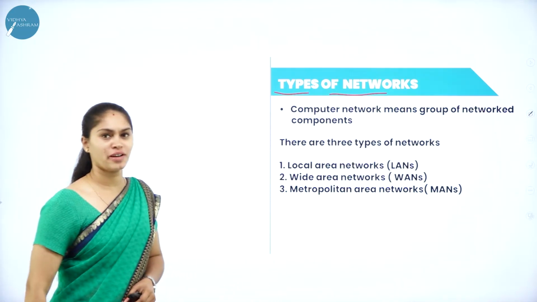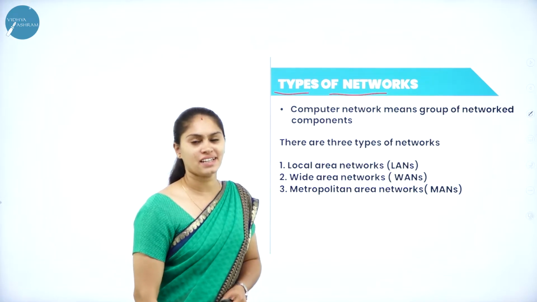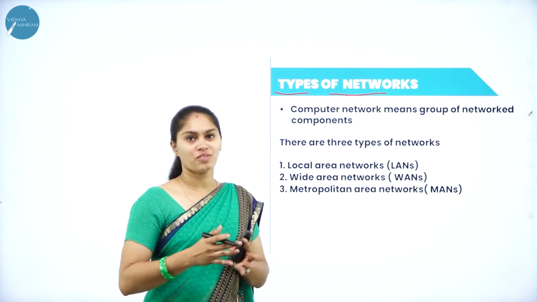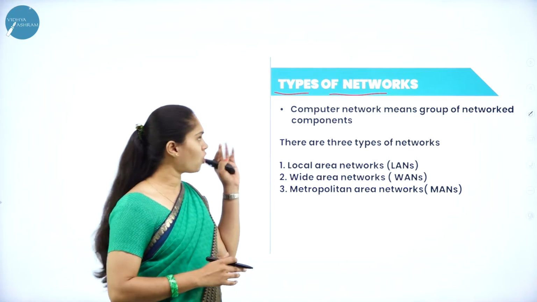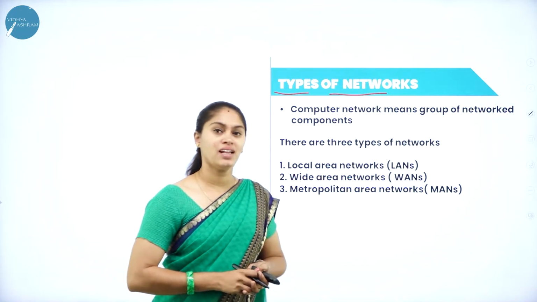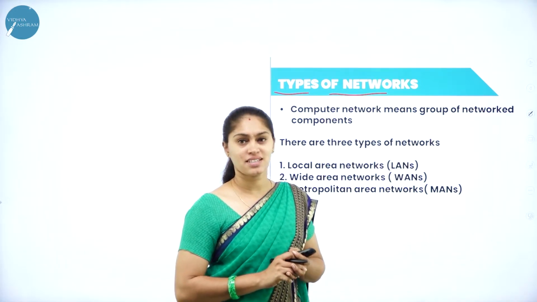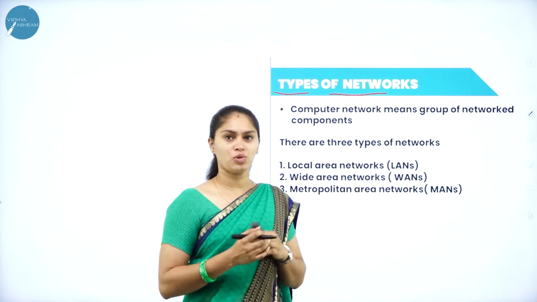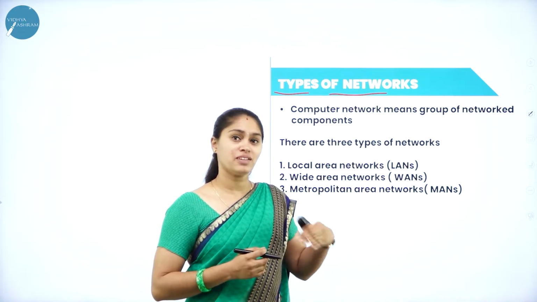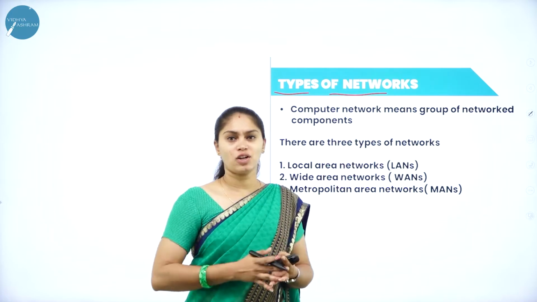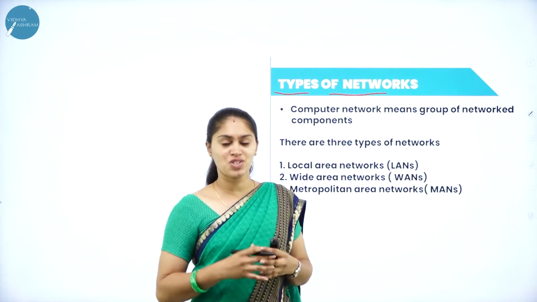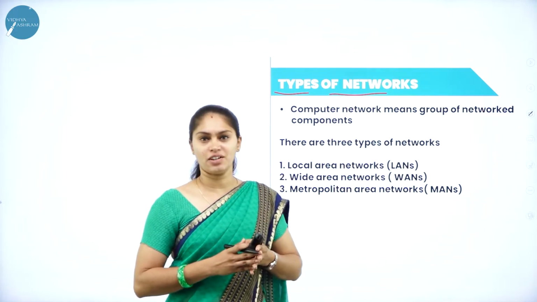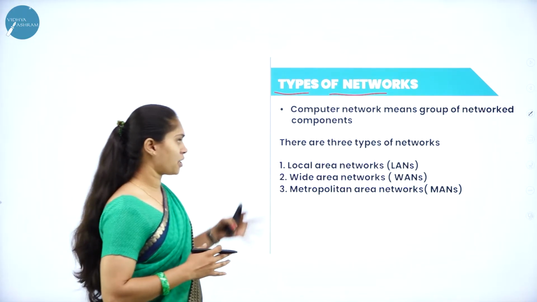So already we got to know about the networks, right? It is an interconnection of autonomous computers. On what basis are we going to have these types? Based on how the network is able to share data from one computer system to another with respect to distance. When we talk about the geographical area of sharing resources from one computer system to another over the network, based on that we have three types of networks.